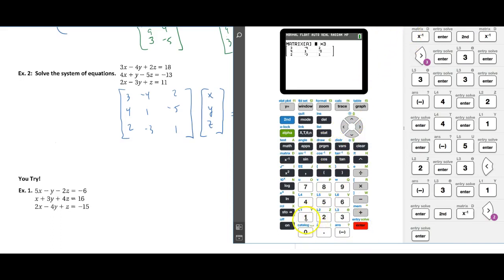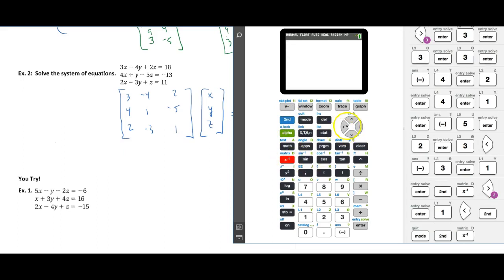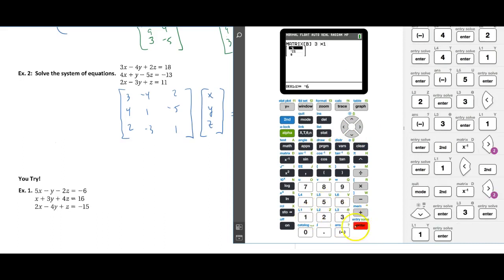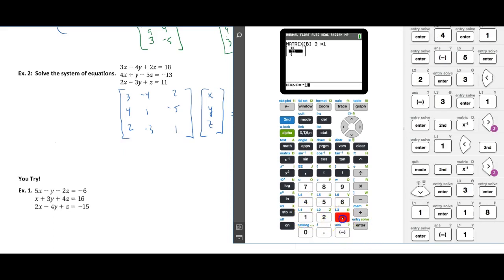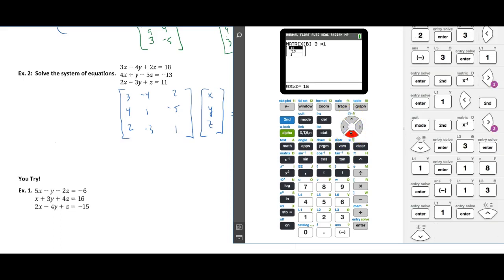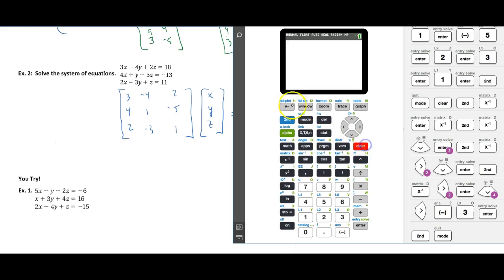Then I'm going to enter my constant matrix, second matrix, edit, and then I'm going to go matrix B, which is a 3 by 1 matrix. So I get 18, enter, -13, enter, and then 11, enter, sorry. So now that I have both matrices plugged in,